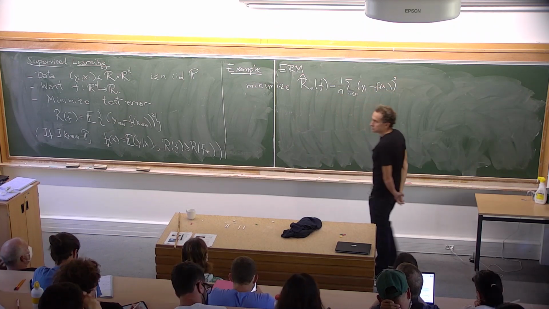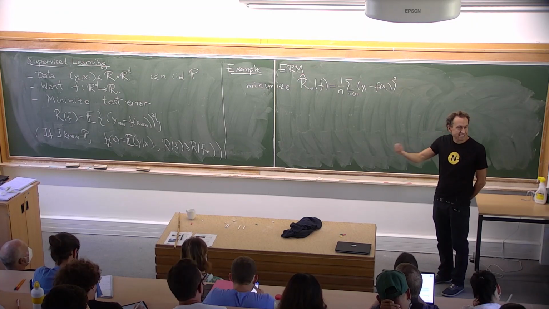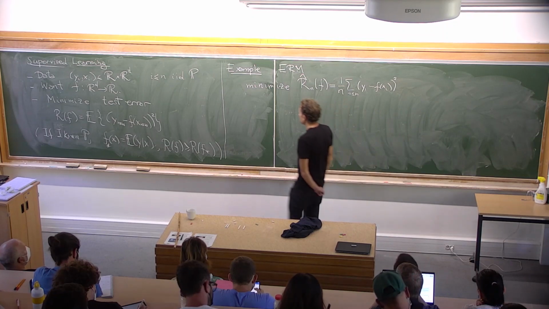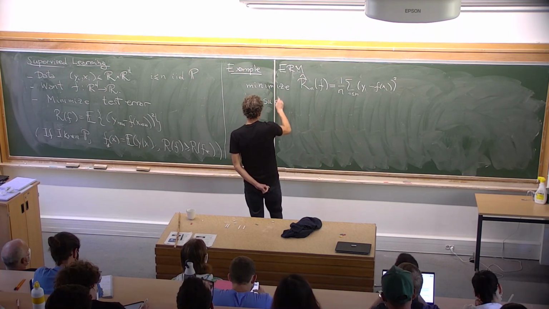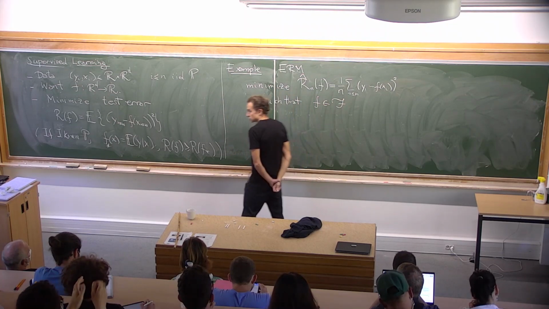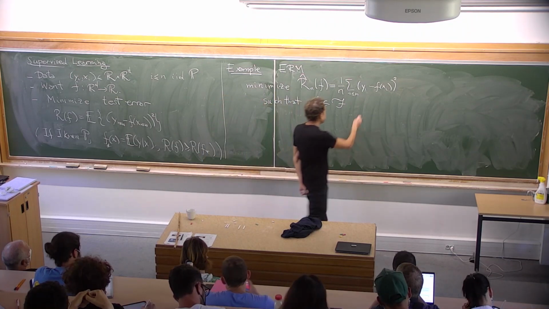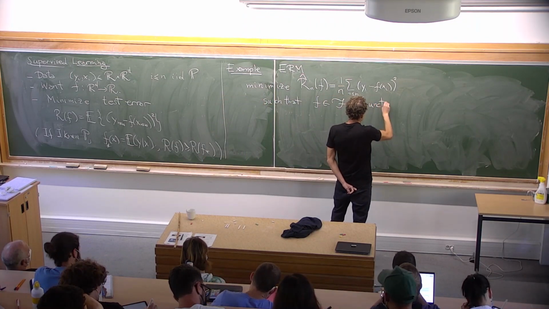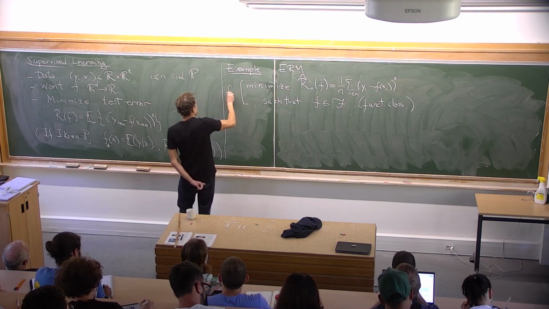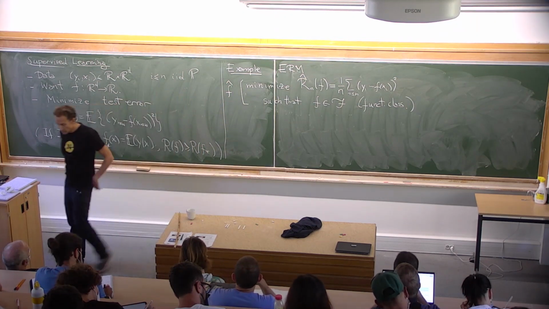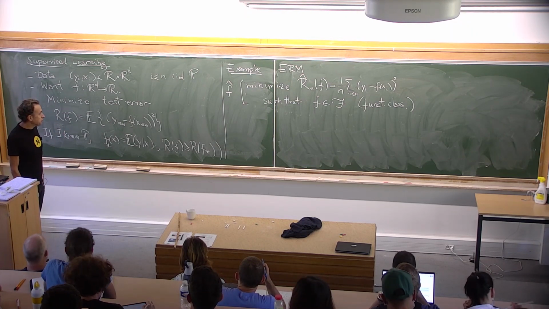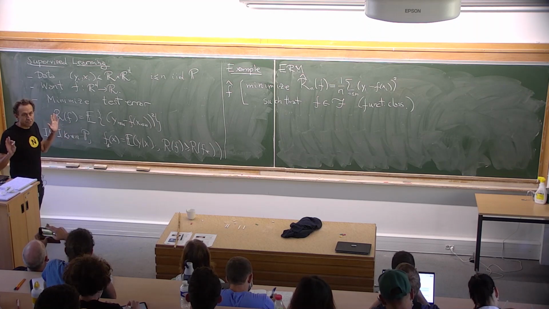Of course, I cannot do this without putting a constraint, because otherwise I can take any function that is equal to the y_i on the point x_i and 0 otherwise. And so I have to put a constraint. So I have to say that f is in some restricted function class. So this is a function class. Okay, so this is the basic problem of supervised learning. Is everybody okay with the setting?